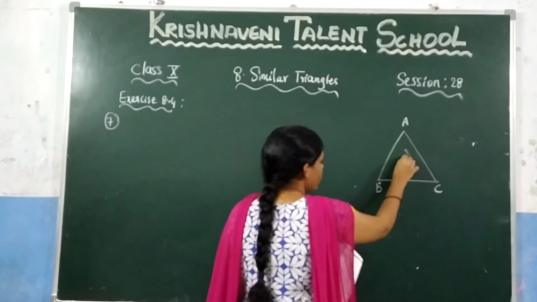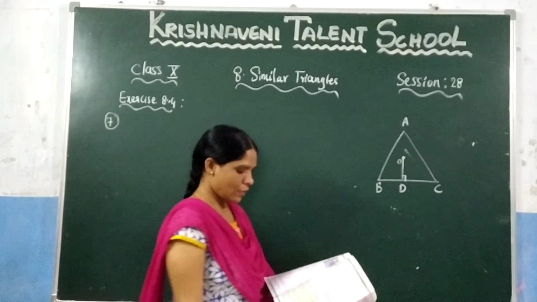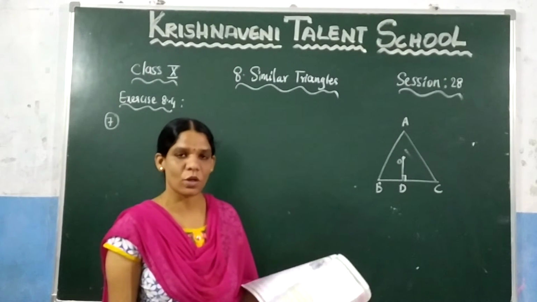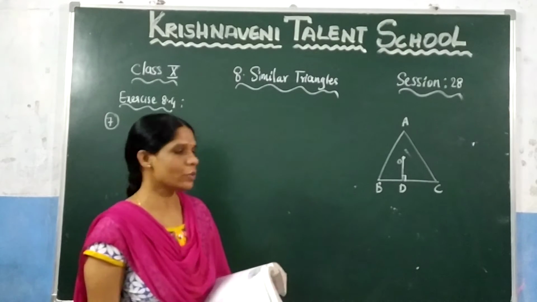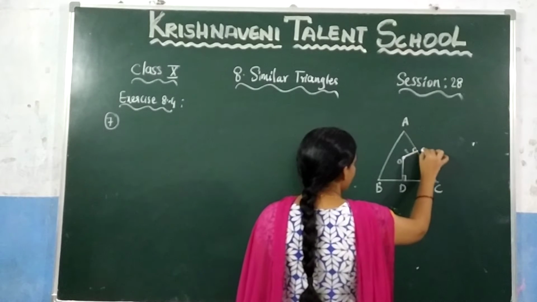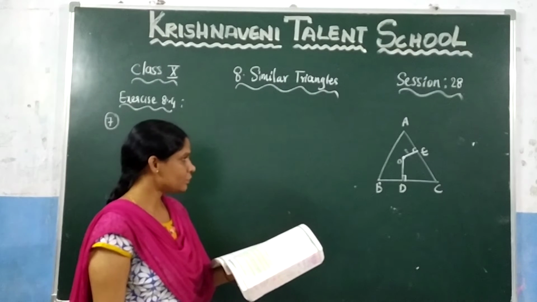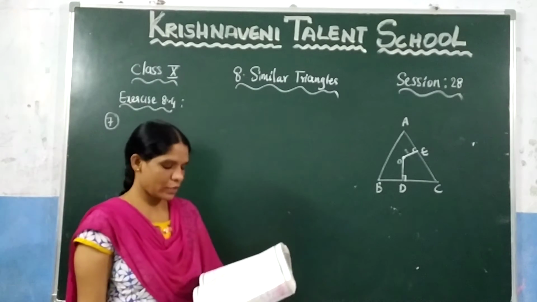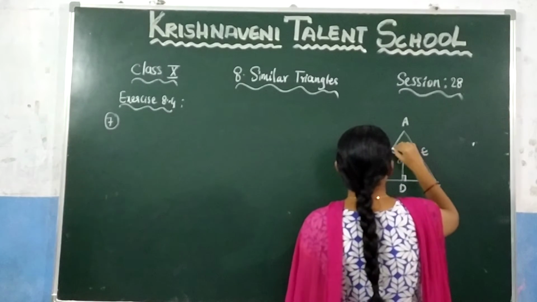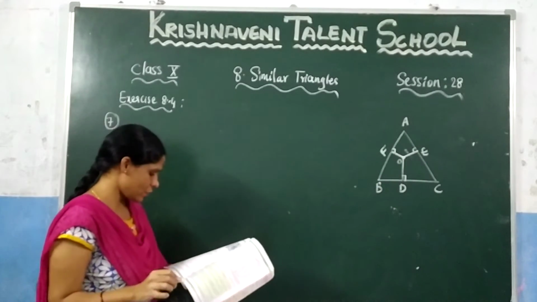This is the interior point and OD is perpendicular to BC. That means you need to draw one line such that this OD is perpendicular to BC. And after that they have given OE is perpendicular to AC. You need to draw OE such that that line is perpendicular to AC. So this is AC. Let us draw one line OE which is perpendicular to AC. Now after that what we need to draw? We need to draw OF perpendicular to AB. Let us draw one line OF which is perpendicular to AB. This is the construction they have given here.